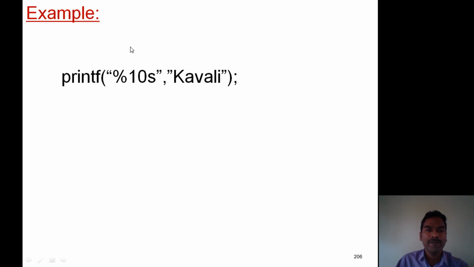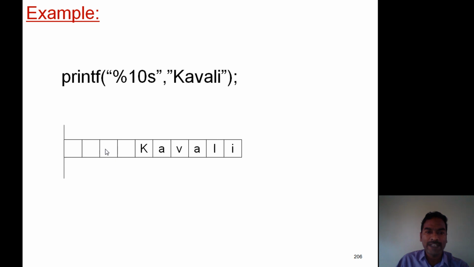Let us take an example, %10s and the string value is KAVALI. KAVALI has 6 columns, but here we provided 10 columns. Now the output becomes 4 empty spaces, then the remaining value.